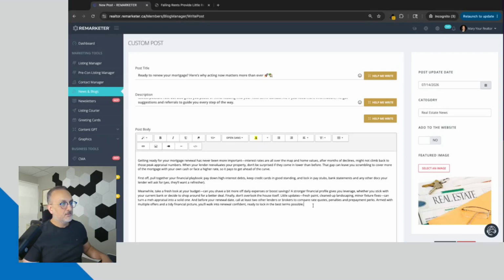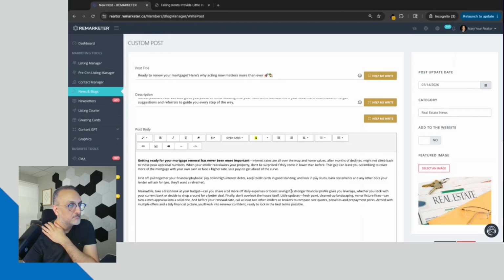All right. Now, you can start giving it different formats. So for instance, I want this part to be bold or stronger, gives you leverage, whatever. All right, so you can change things like that and give it a little more character. If you wish to add pictures, you can do so. All you need to do is to decide where the picture is going to be. So let's say I would like to add a picture down here right before the